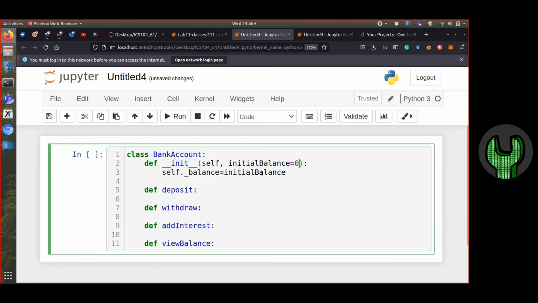If I add an initial balance, it will automatically be zero by default. If you give it input, it will use the input you give it. So if you put a value, like if you say bank account, and in the bracket you put 3,